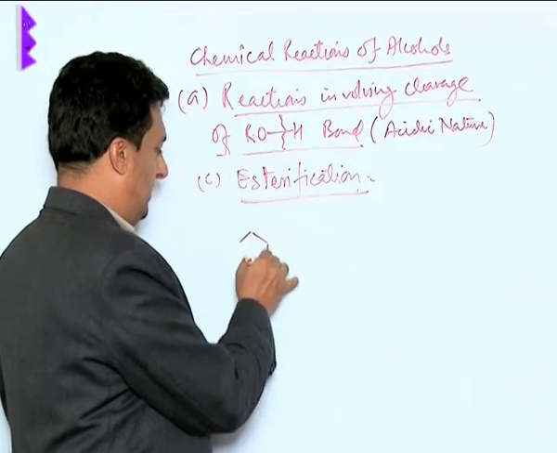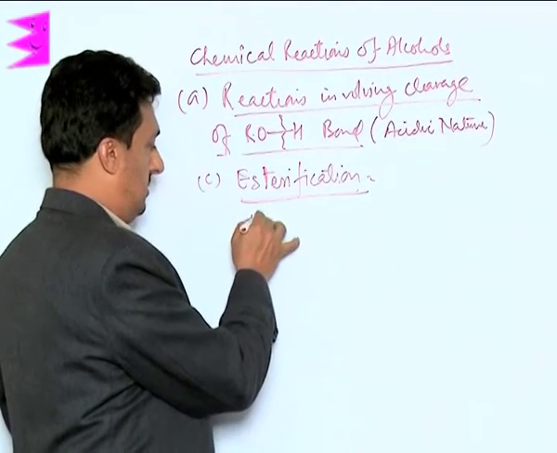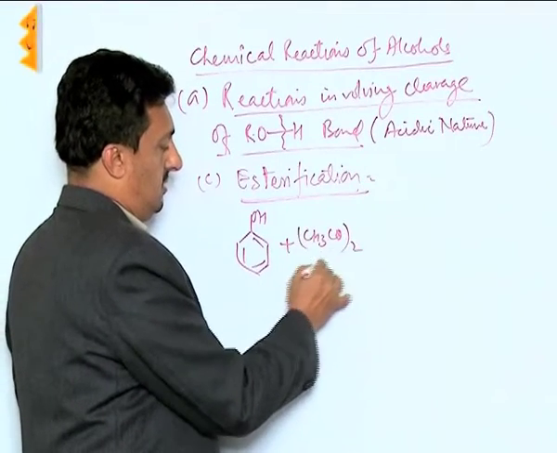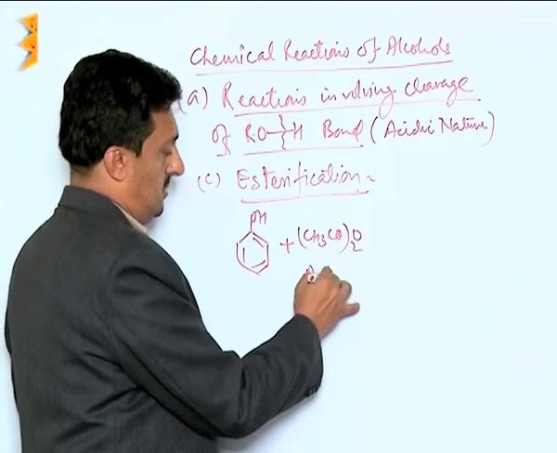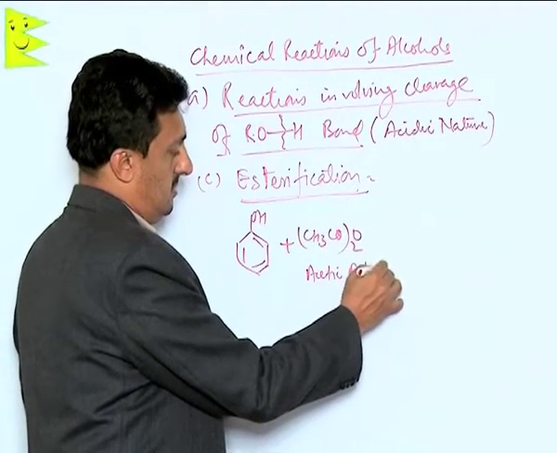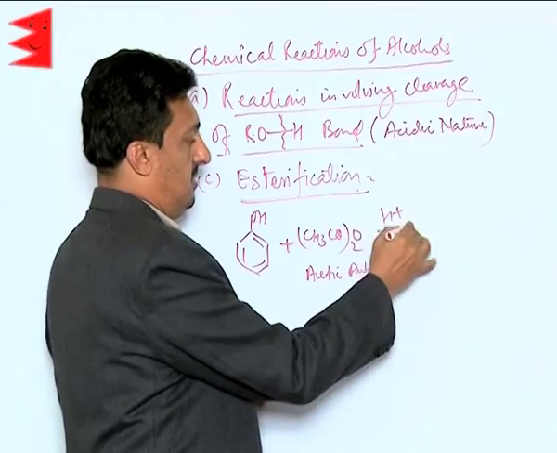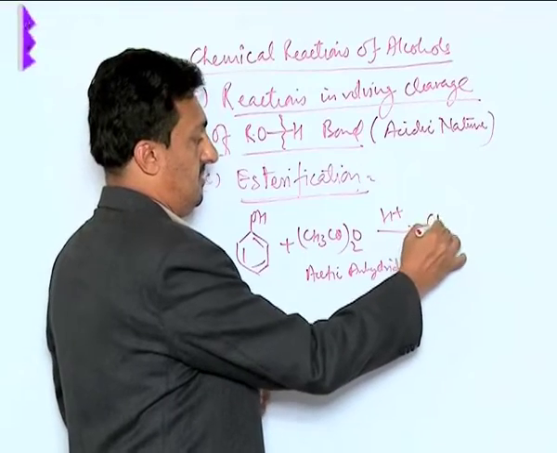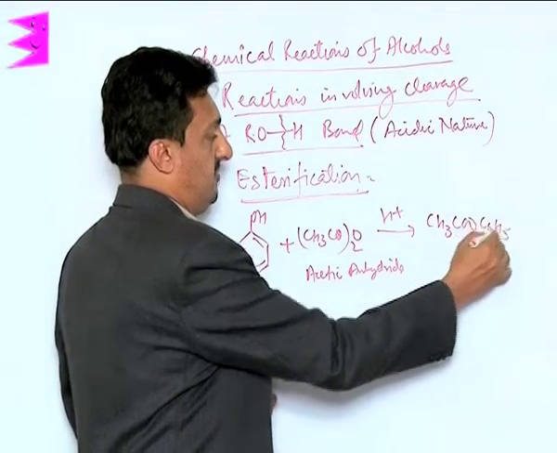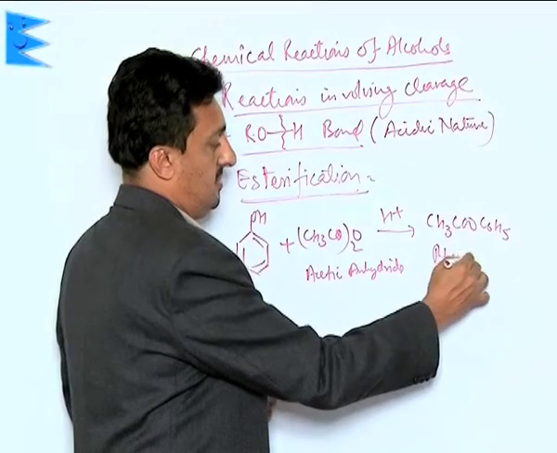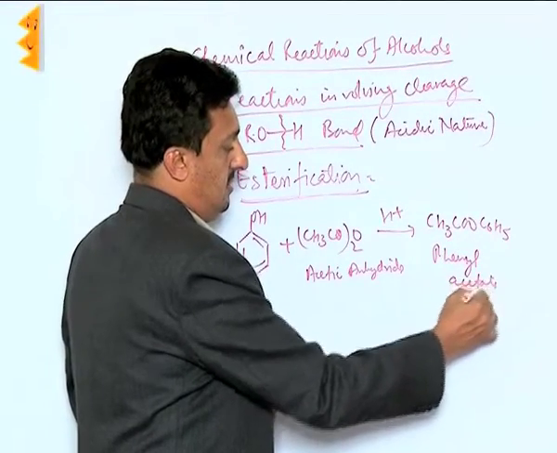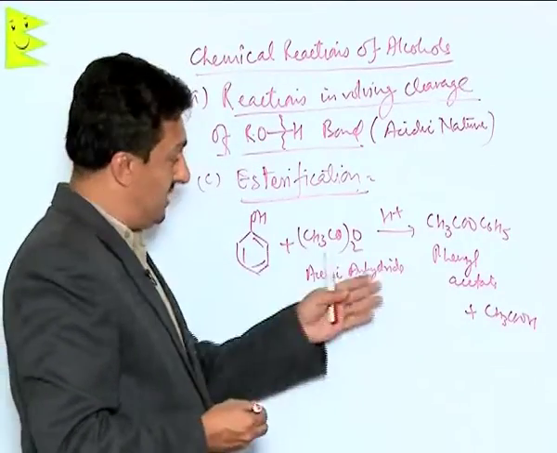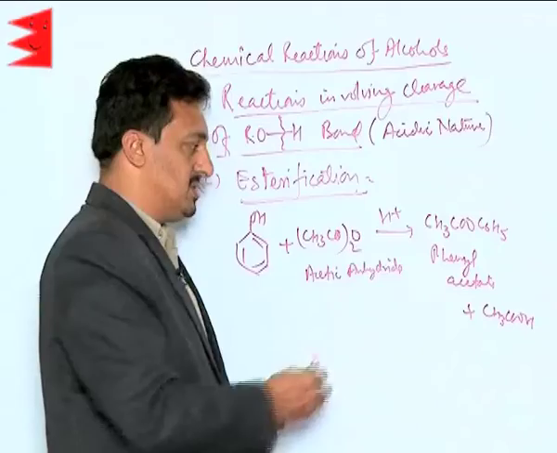Yes, like if we are having phenol and we have taken acetic anhydride in presence of acid, what happens is we will get CH3COOC6H5, we call it phenyl acetate plus sulfuric acid. So the same thing can be done with this, but again this reaction is also reversible